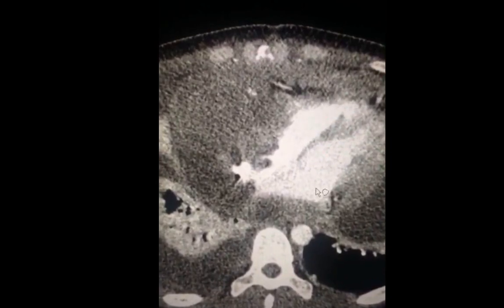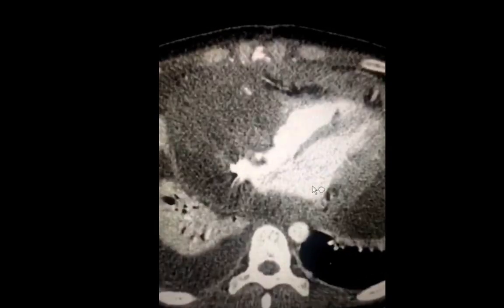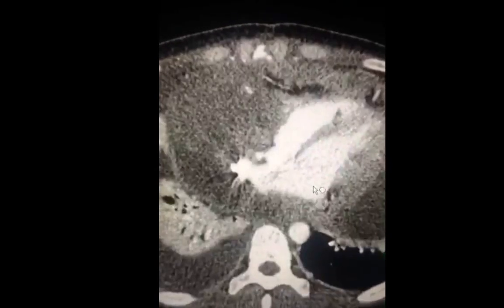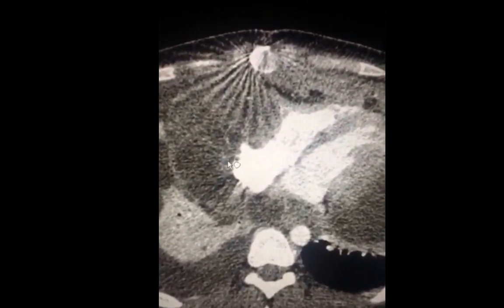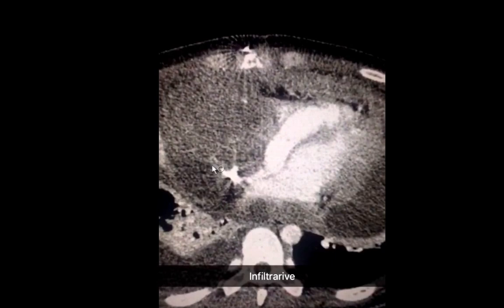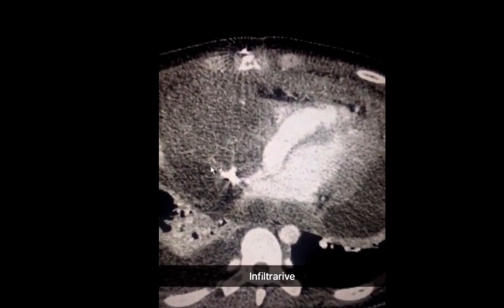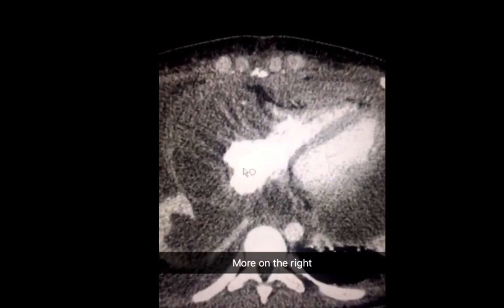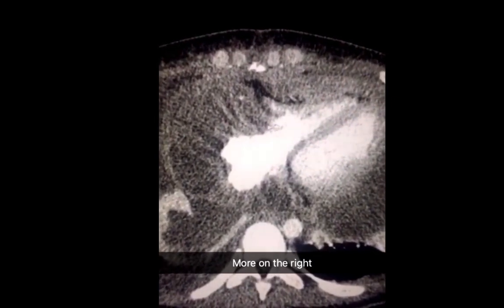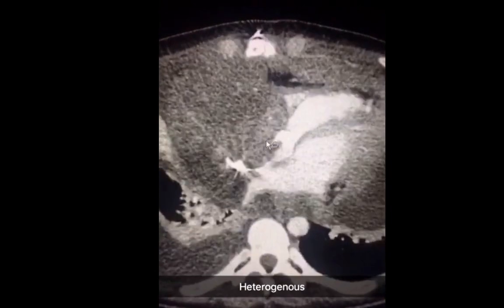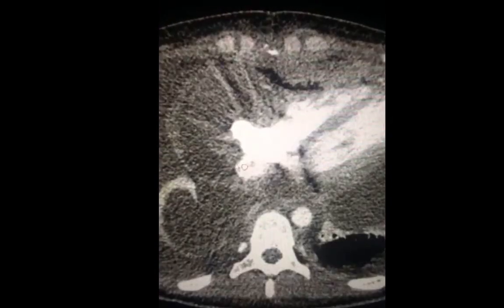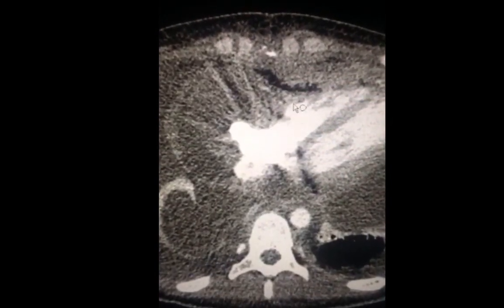When would you consider a primary malignant cardiac neoplasm? The absence of a known primary malignancy. Cardiac neoplasms that are malignant are very aggressive in appearance, meaning that they are infiltrative in appearance. They are more commonly located on the right side, may be homogeneous but are typically heterogeneous due to necrosis, involve more than one cardiac chamber, such as what we see here, the right atrium and the